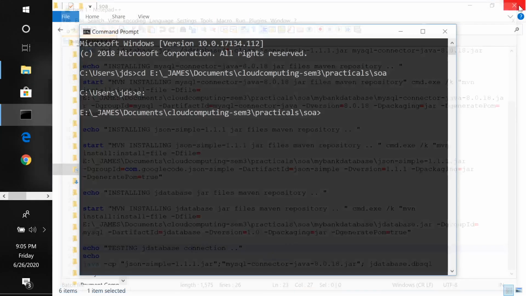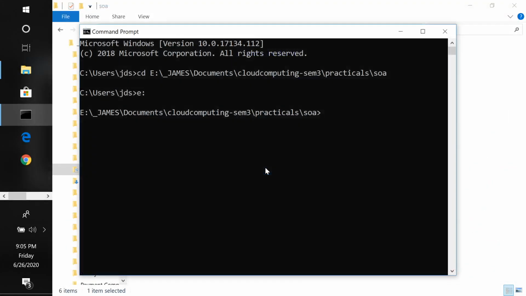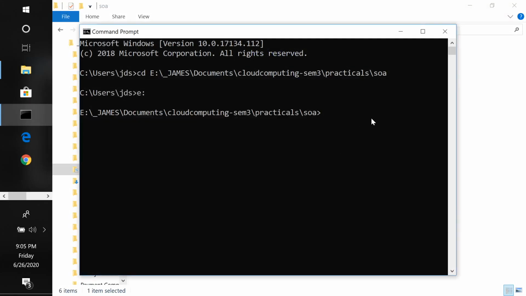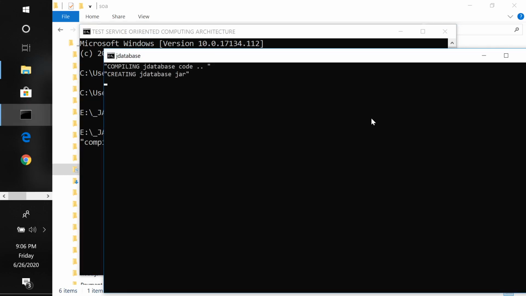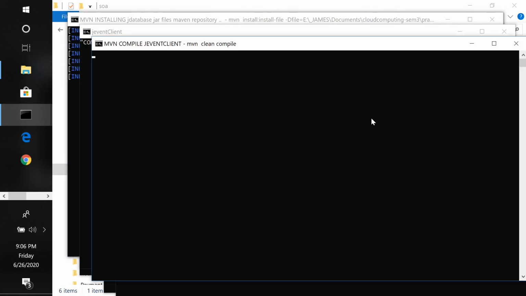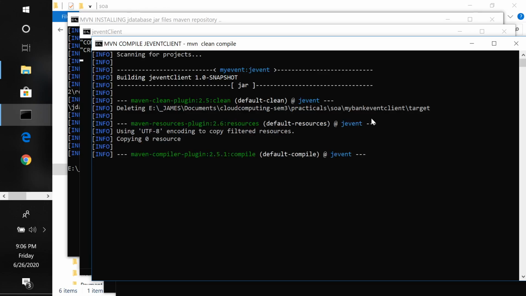Let me close this. Let me close my pages. Now I'm okay. Now let me just see. It must be some small error, but things should work according to me. We did compile customer and we ran that website, right? So this is compiling okay. Event client is working fine, database is working fine. When it comes to services, there is a compilation error.